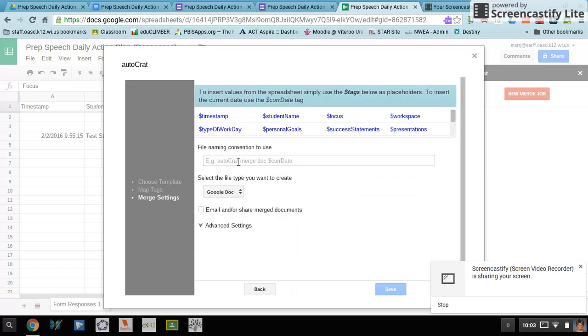This filing name convention, that's just giving it a title. I'm going to call it Prep Speech Daily Action Plan. Here's where you can change it if you wanted it to be a PDF or Google Doc. I'm going to keep it as a Google Doc. If you wanted to email it or share it with somebody else, this is where you'd click here and add